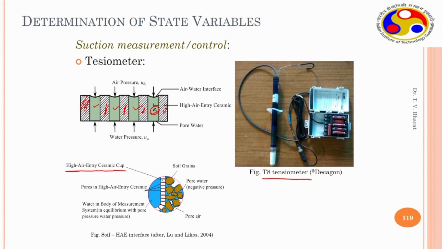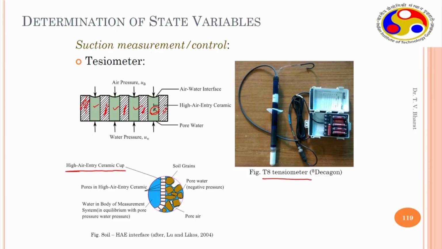But when the soil is partly saturated, there is a negative pore water pressure within the soil. When that soil comes in contact with the high air entry disc, for example, the soil is placed here. This is soil, which contains several grains, and within it there is water. When this is in contact with these capillaries, air cannot enter, provided the air entry suction of this pore space is higher than the air pressure that exists within the soil mass.